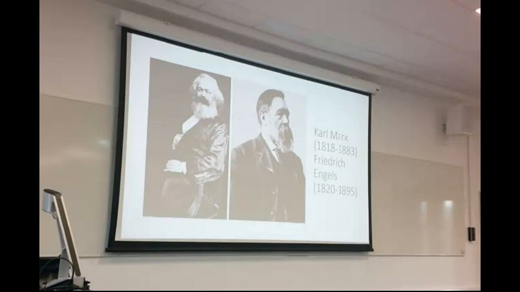Engels, next to him there, fixed a lot of those problems. Engels was a wealthy factory owner, which is kind of weird when you think about Karl Marx, and he helped Marx actually write in a way which is more approachable. So probably Marx's most famous work is the Communist Manifesto. Those ideas are Karl Marx's, but it was written by Friedrich Engels.